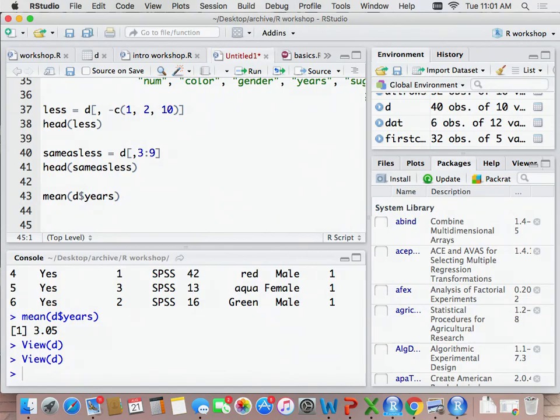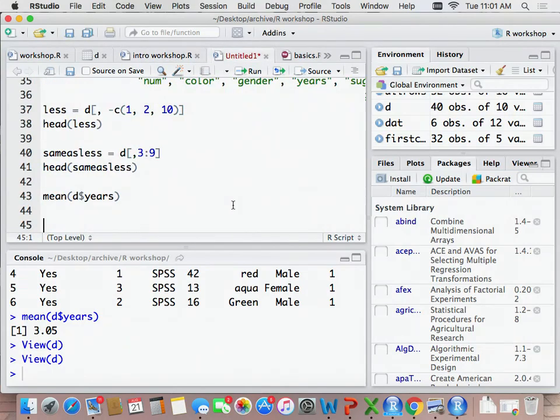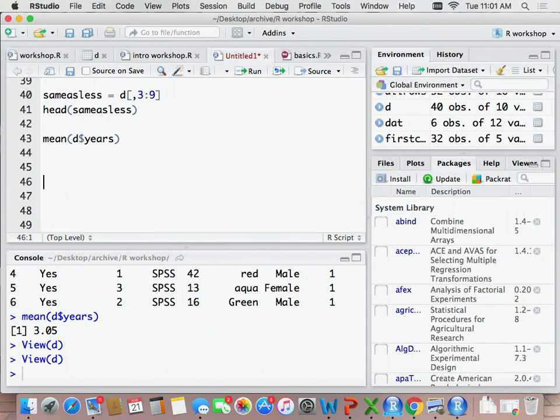And so functions and packages, right? Packages are available out on the CRAN. That stands for Comprehensive R Archive Network. And there's so many of them. And people write them, right? And so this is the freeware, open source kind of thing that R has, that is both a positive and